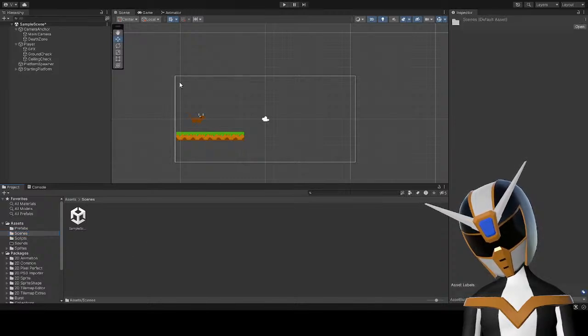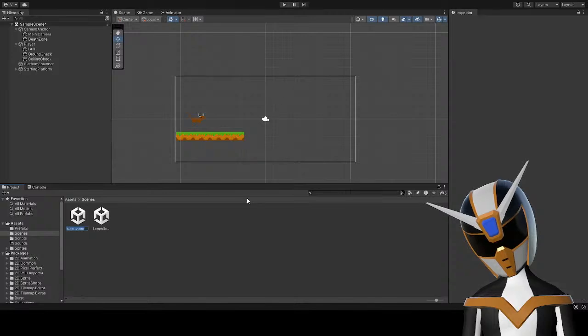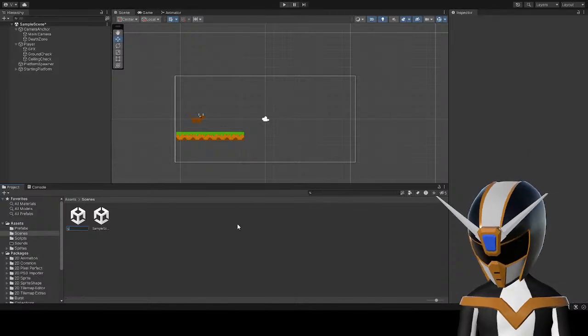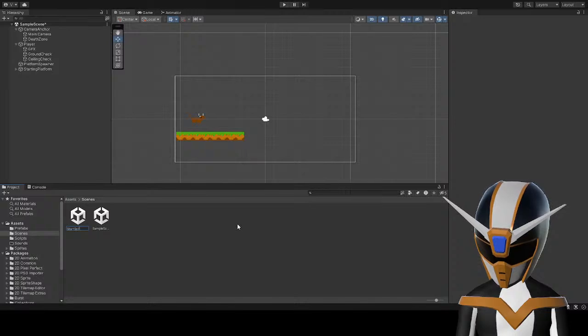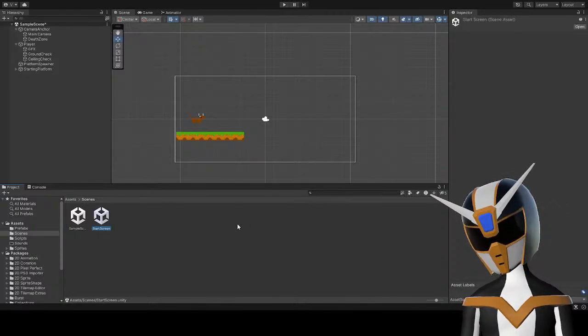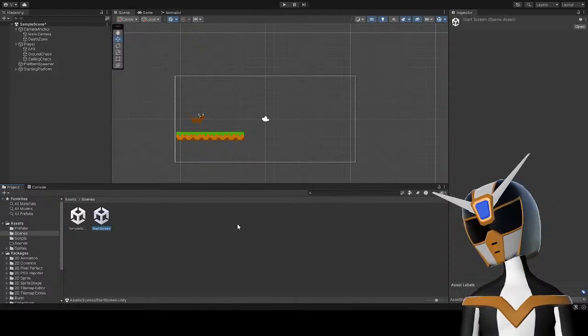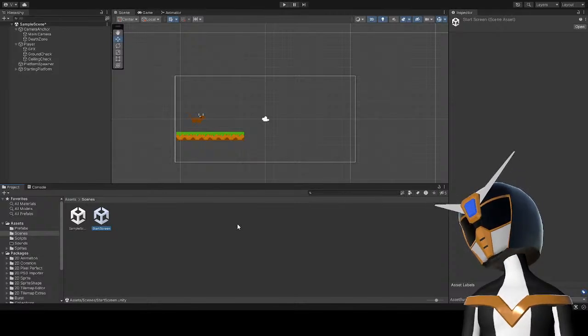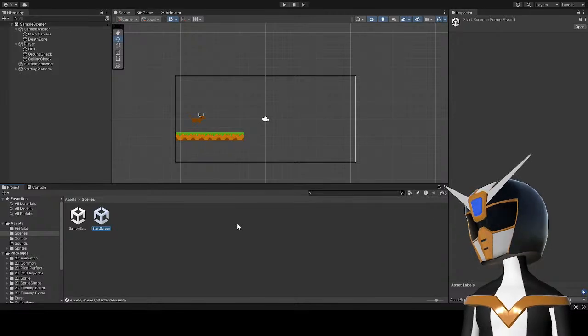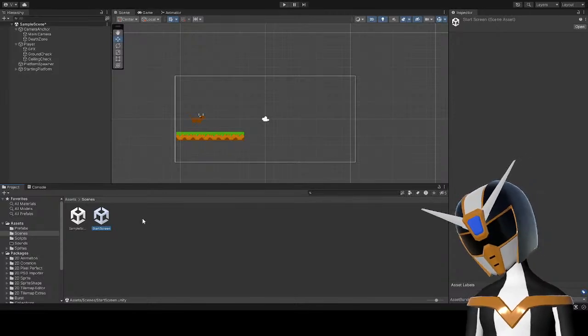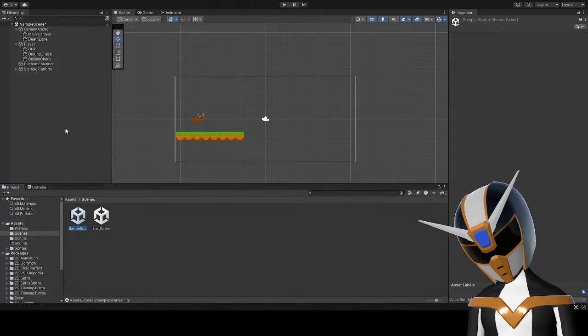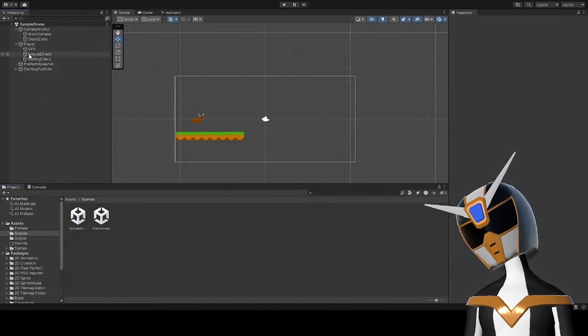Let's create a scene, call it start screen, and then you just go into the game, and that'll be it. When you die, there'll be a menu that comes up that shows your score, and then an option to restart the game, and that'll be it.